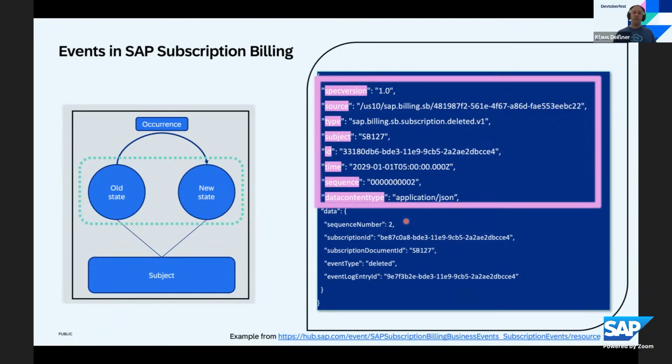While the event context that is marked up here, the cloud event part, is generic, and those attributes are always there, and can then also be generically used by infrastructure components, like, for example, the SAP Event Broker, that use those attributes for routing. And they don't have to know the business logic behind it.